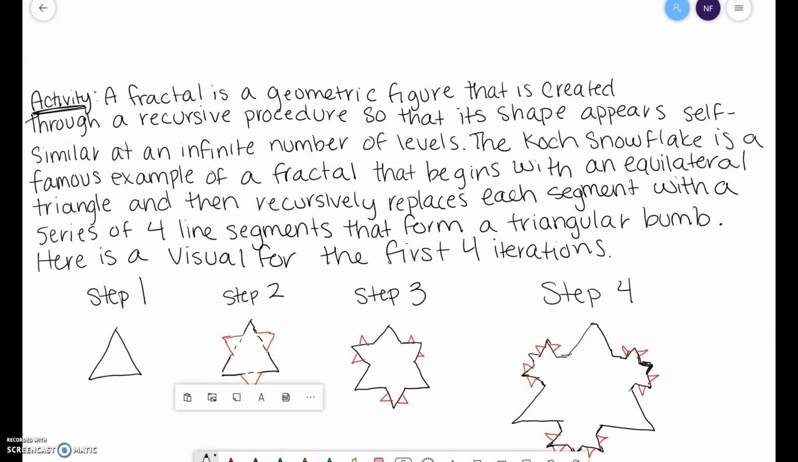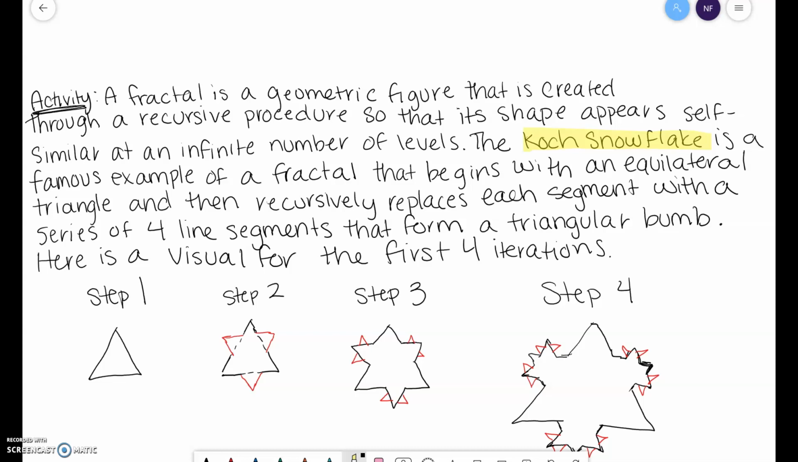So don't mind my drawing. I tried my best on this tablet, but if you want to see it, I can upload a picture of it later on, or you can just search this right here and you'll find it. Okay, so it starts with an equilateral triangle, and then each step